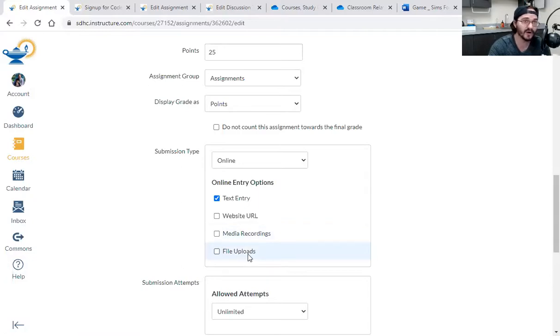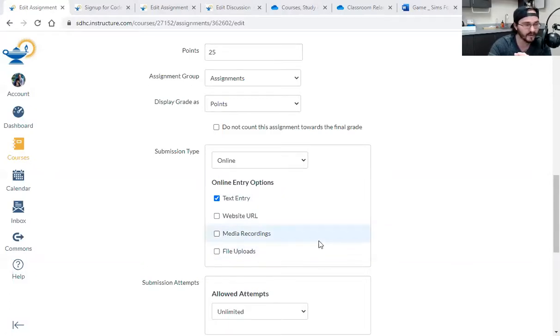So let's say you have a document that you want them to fill out, and you uploaded that document above, and your assignment is fill out this document, submit this PDF back, submit it as a document, submit it as an MP4, submit it as a .doc. Whatever file you want them to submit, under submission type it will be online, and then you click file uploads in media recordings.